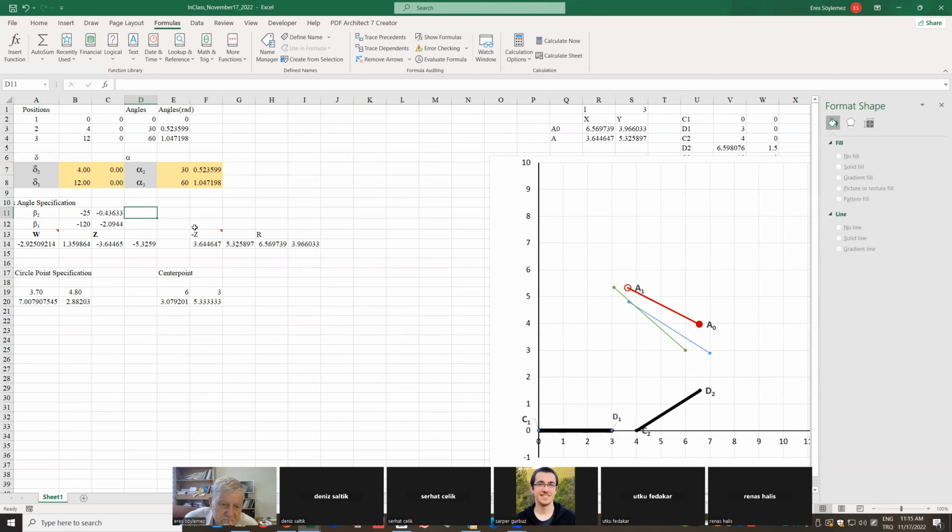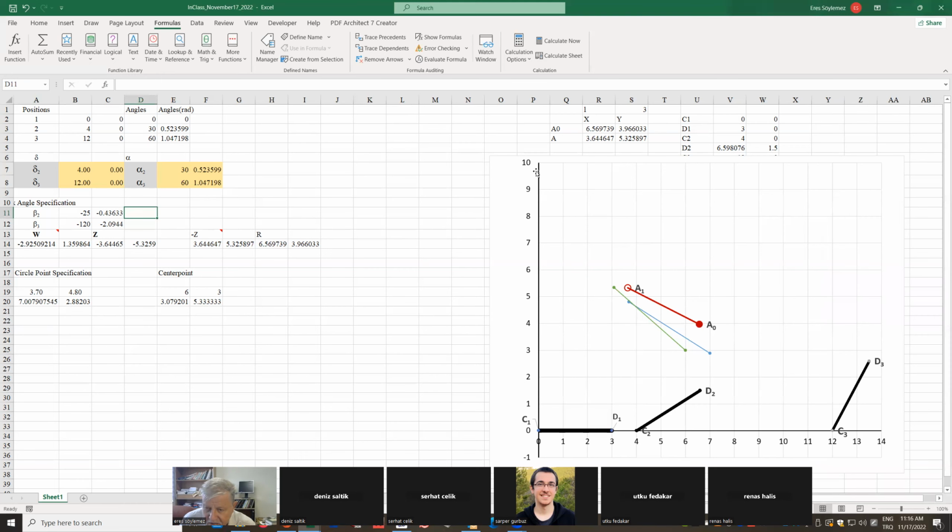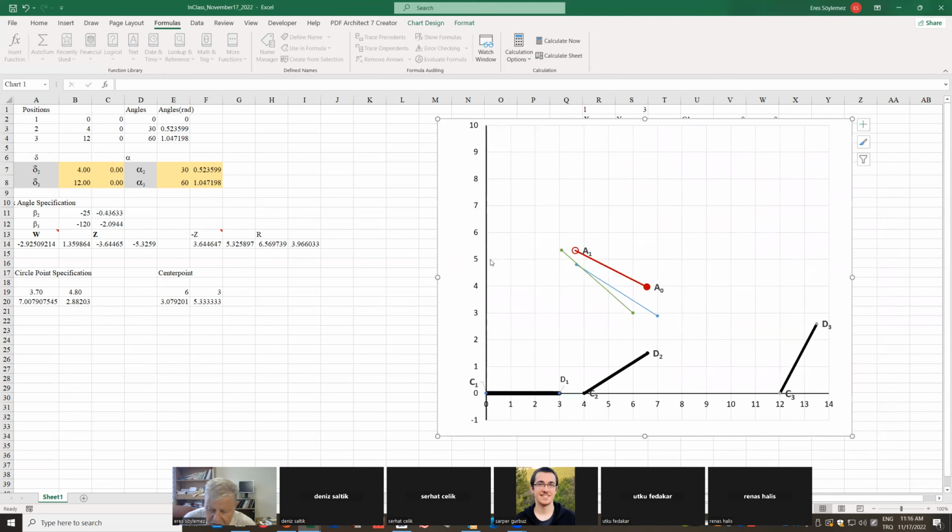Once you've done this, usually you will need some trial and error, as you know, because some of the mechanisms, some of the solutions will not pass. It will not be feasible. You will not be able to obtain these 3 positions, the mechanism with these link lengths will exist at these 3 positions. Whether it passes through